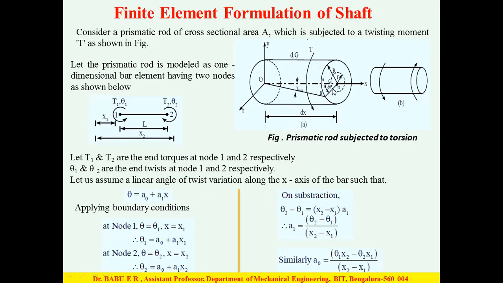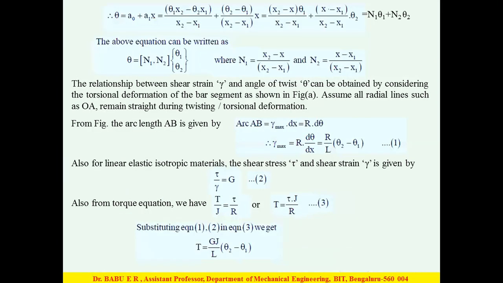It is also equal to, along the radial direction, the arc length AB, which can be written as capital R into d theta, the included angle. So nu max into dx, which is along the length direction, equals r into d theta, which is along the radial direction. Therefore nu max equals r into d theta by dx. r is a constant, so we need d theta by dx.